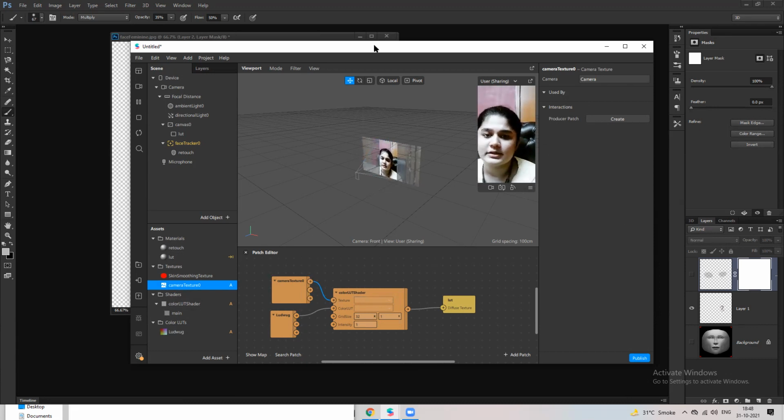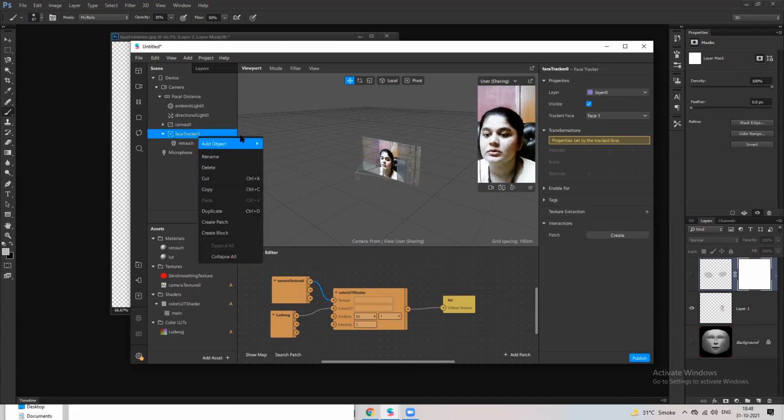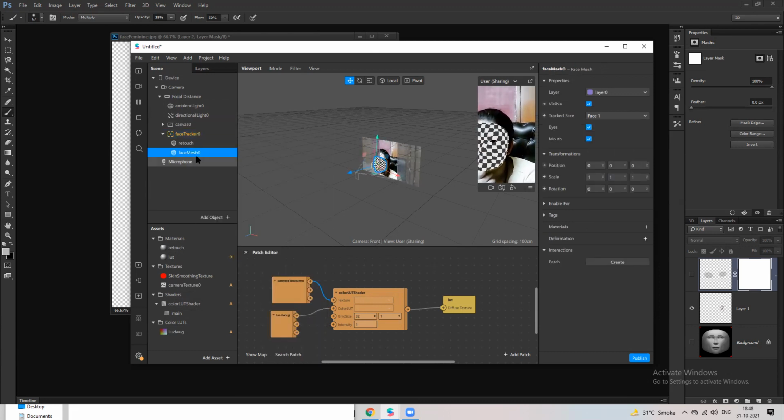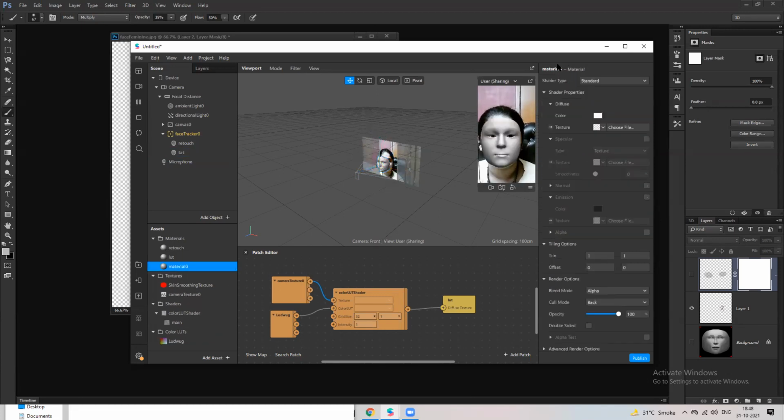So for now I'm using this one, and now I'm using another face mesh for the tattoo. And I made another material for the face mesh which is going to show you the tattoos.